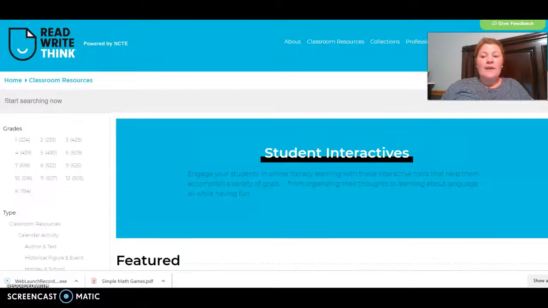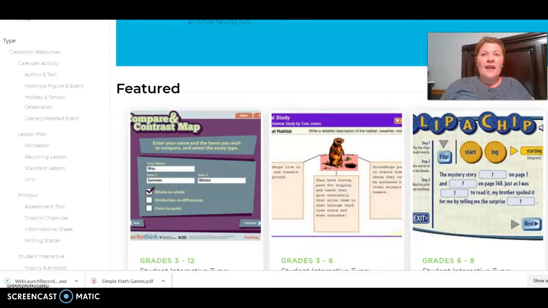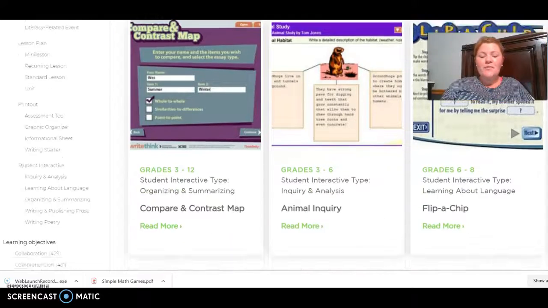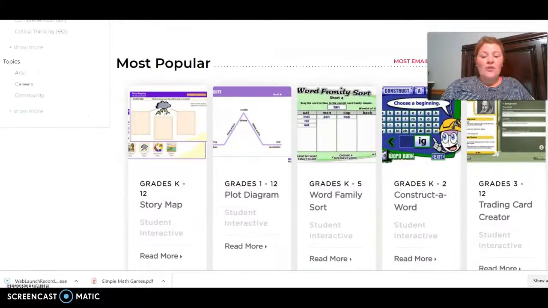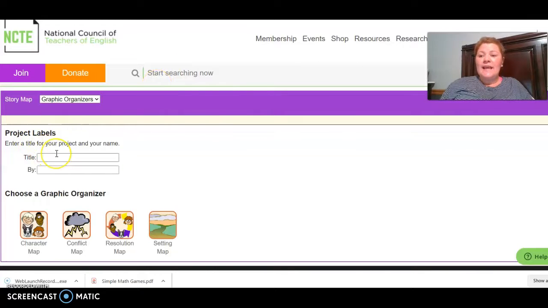I want to focus on the student interactives that this website has. They're not anything super fancy, but they are precise in what they provide. So if you scroll down, the one that I'm most interested in, because I will be teaching third grade, is this story map, which is one of the most important things that you can teach kids when it comes to fictional stories. And I am planning on doing a fractured fairy tale unit this fall, and so I could very